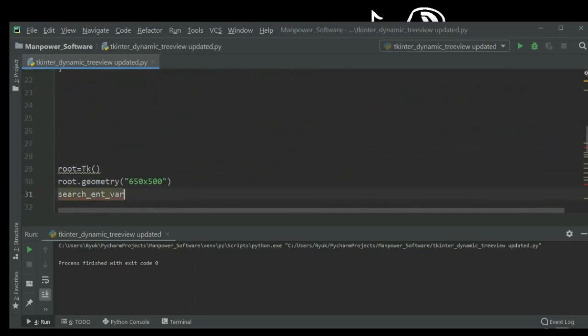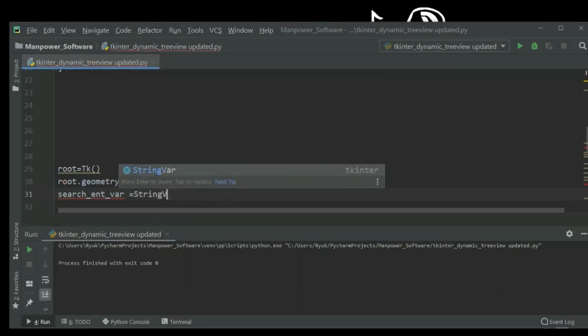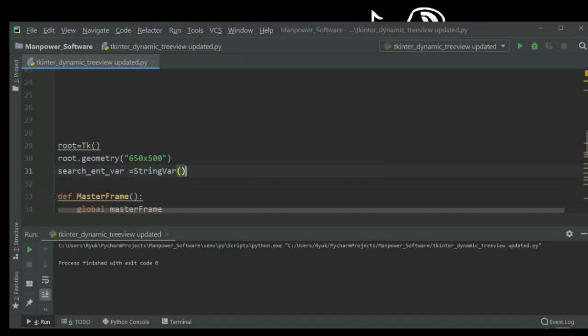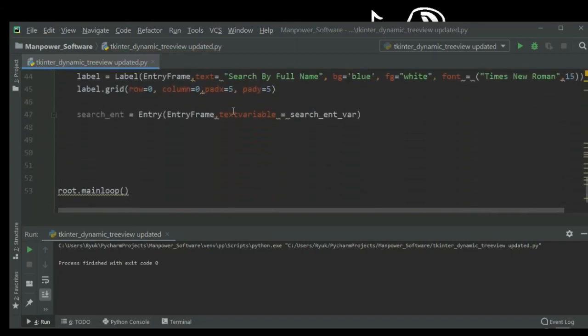Text variable, and I would be using string variable in here. String var. Okay, so the label is done,